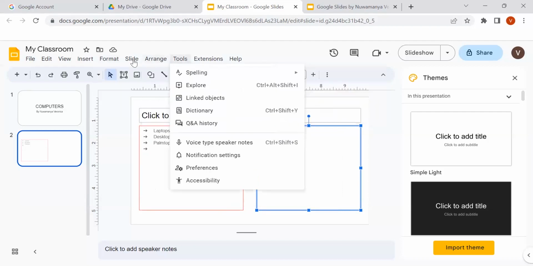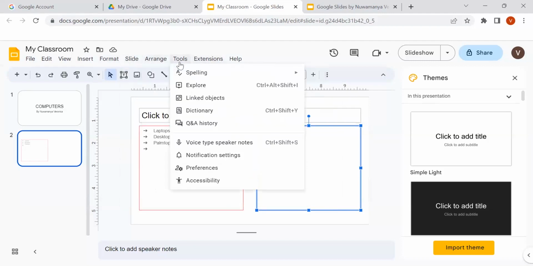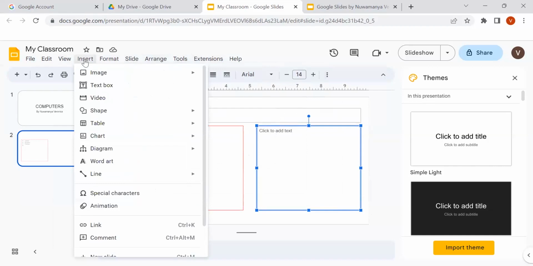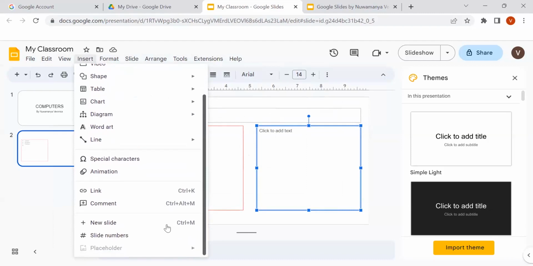Okay. Then we have very many things we can do to our slide. I'm just going to come here on insert. Under insert, we have another option of inserting animations. You can put animations in your slide if you wish to,